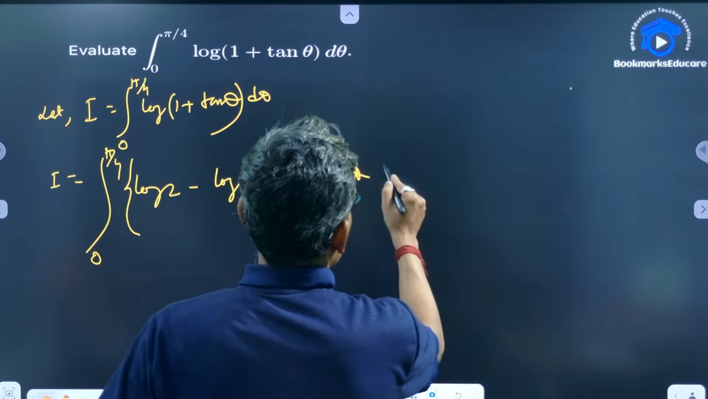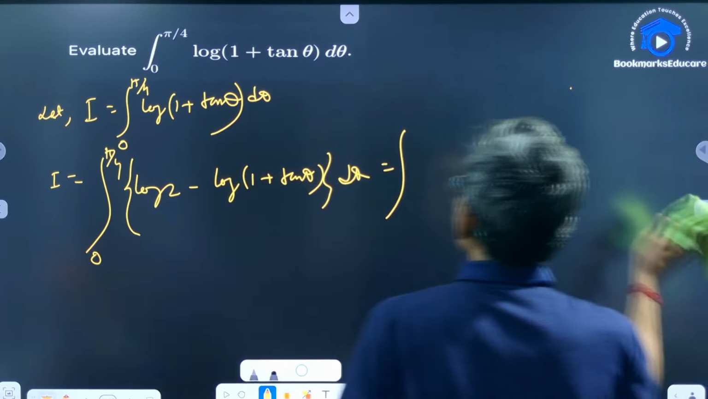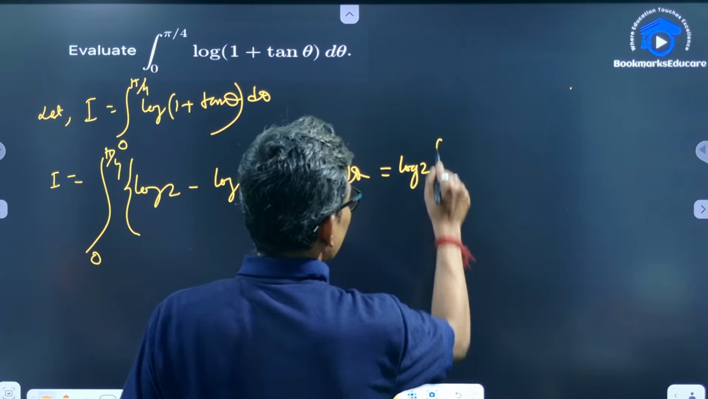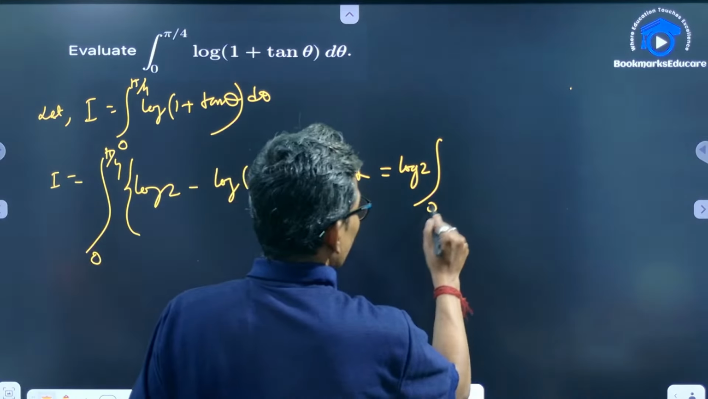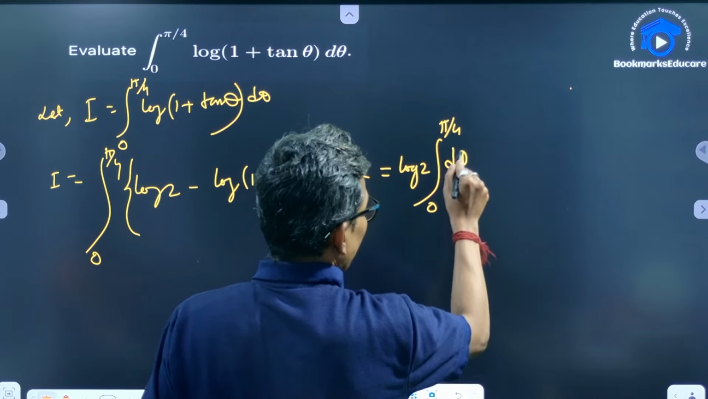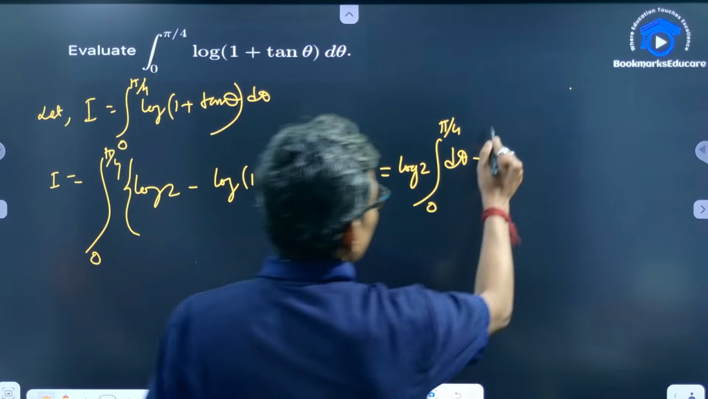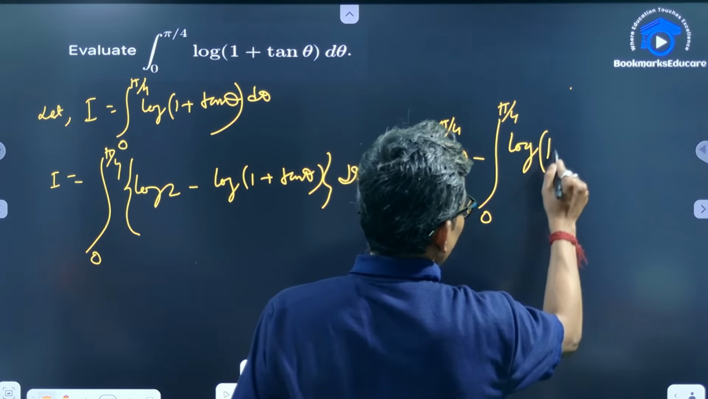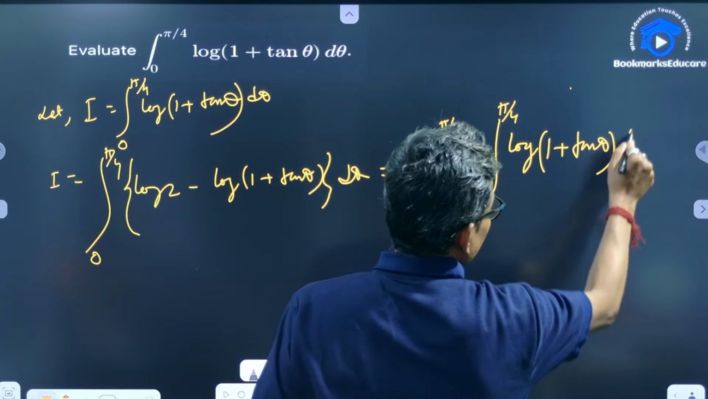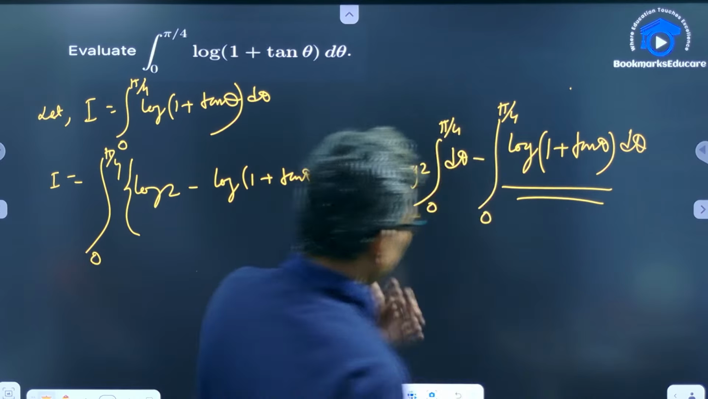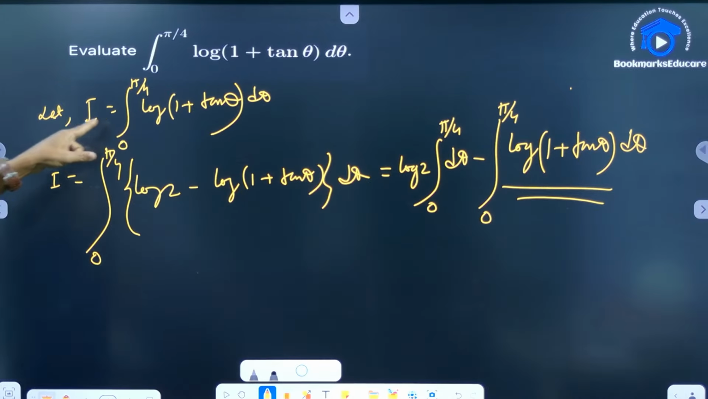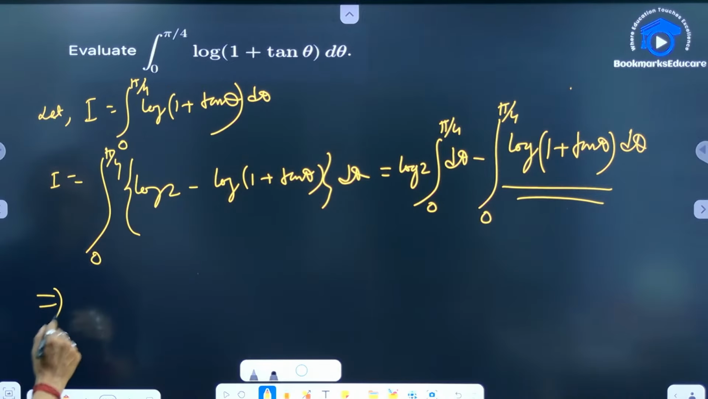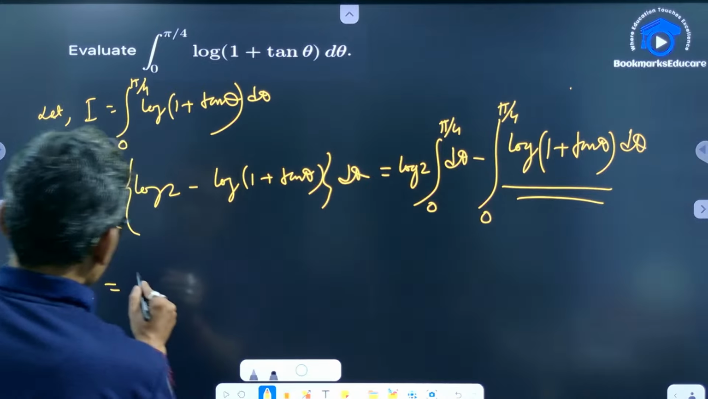स्प्लिट करने के बाद क्या होगा, log 2 कांस्टेंट है तो बाहर निकल आएगा. सो 0 to pi by 4 d theta माइनस इंटीग्रल 0 to pi by 4 log of 1 plus tan थीटा d थीटा. सो इसका मतलब I, क्योंकि I इसको पकड़े थे, तो इसकी जगह पे I बैठाना पड़ेगा. सो इम्प्लाइज दैट I इज इक्वल टू, log 2 तो